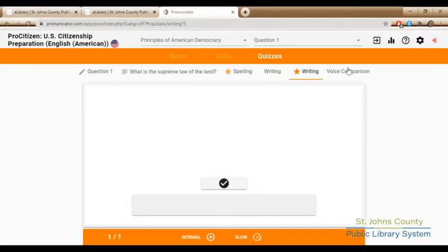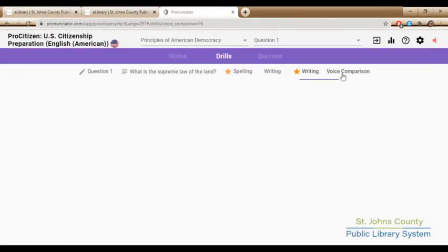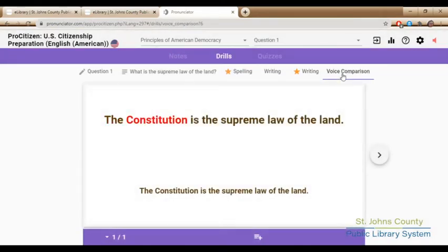What's also really cool about this database is it has a voice comparison option, where I should probably mute this right now since it's not, where they will be speaking. In this case, you hear the computer, it'll be saying the Constitution is the supreme law of the land, and then it will prompt you to say it. And once you say it, it will record you doing that one sentence, and then it will repeat back and